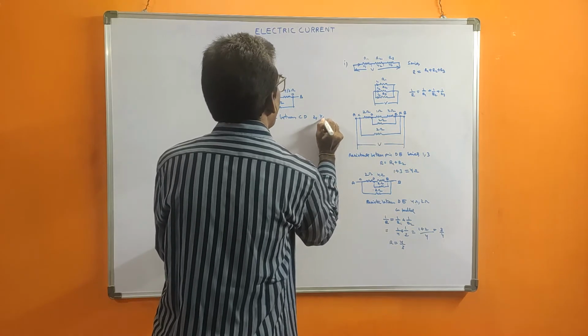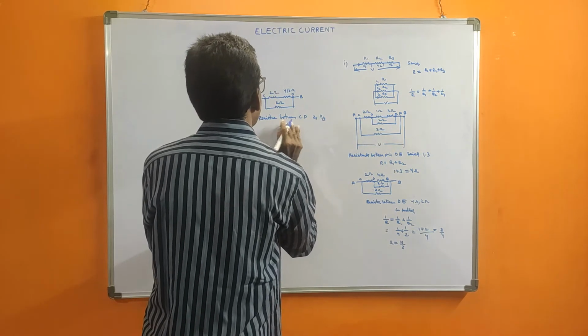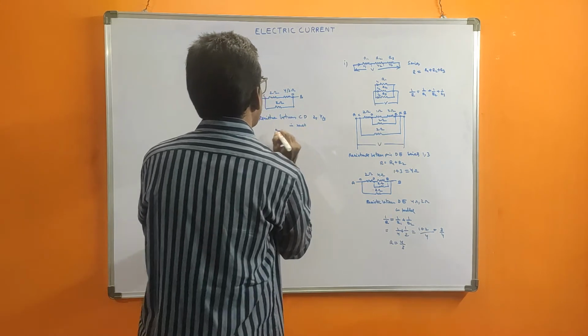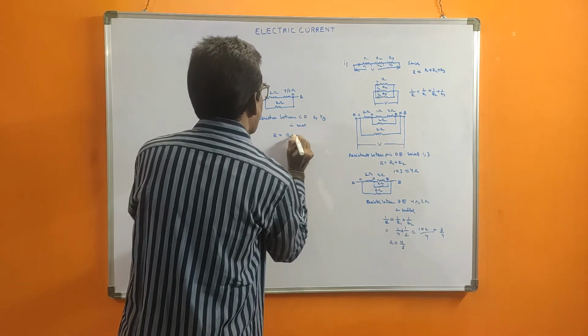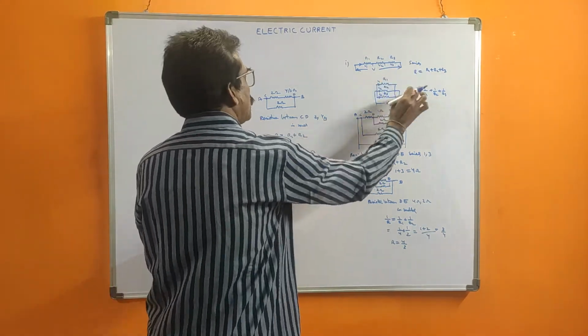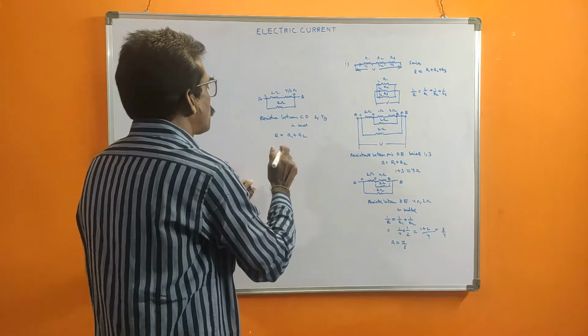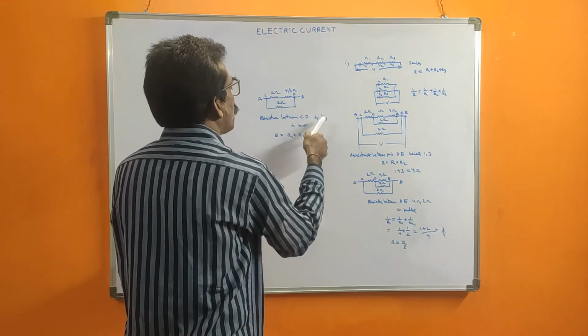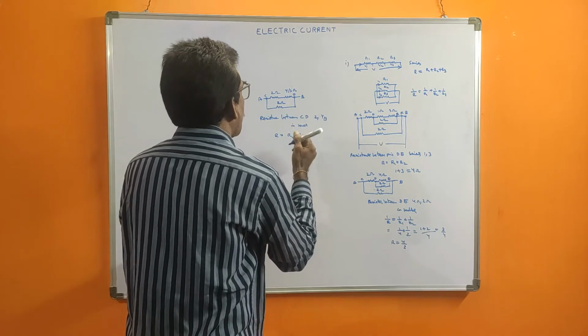2 and 4 by 3 connected in series. So R is equal to R1 plus R2 formula. If it is series, use this formula, parallel, use that formula, that's it. How many are there? That many. Here these two are in series, those values are 2 and 4 by 3 ohms in series. R is equal to R1 plus R2.